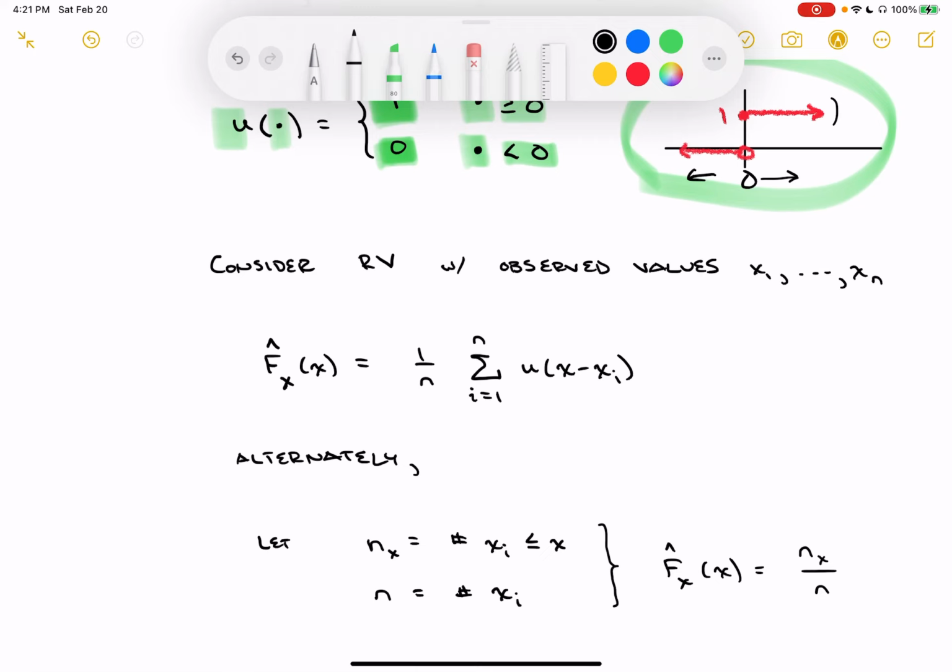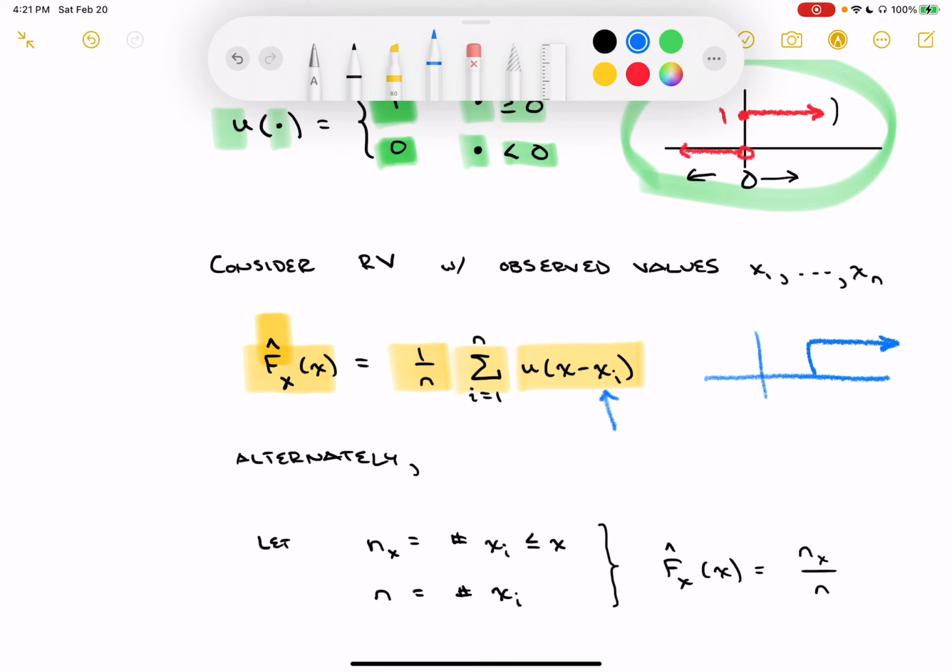So how can I use those observed values to estimate things like this CDF? I'm going to estimate the CDF, and I'm going to show that it's an estimate by putting a little hat over it. So my CDF estimate, F sub X hat as a function of x, is going to be 1 over n, so 1 over the total number of trials, and then I'm just going to sum up a bunch of shifted unit step functions, and they're shifted by the value of my observation. So this shifted unit step, if I looked at something like u of x minus xi,